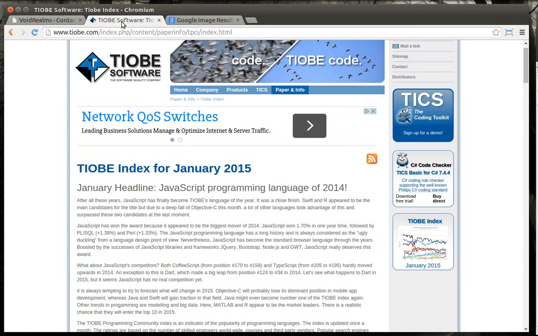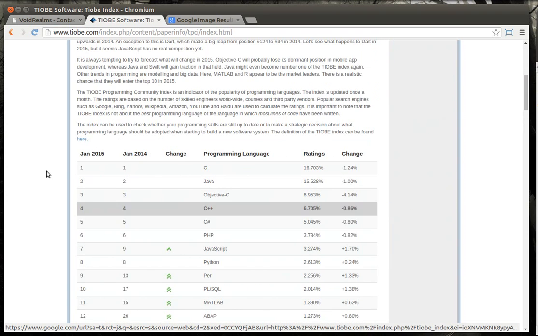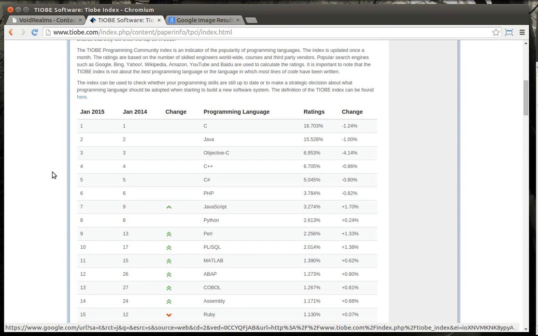If you go to the TIOBE index, you'll see it's just a ranking of languages, based on popularity, based on search. You'll notice that most of the languages have certain things in common. For example, they're either C style or they're COBOL or VB style languages. Once in a while you get the oddball one like Python, but you could argue that Python's sort of a C style language when you really look at it. You'll notice that C is the most popular, followed by Java, Objective-C, C++, C Sharp, PHP.